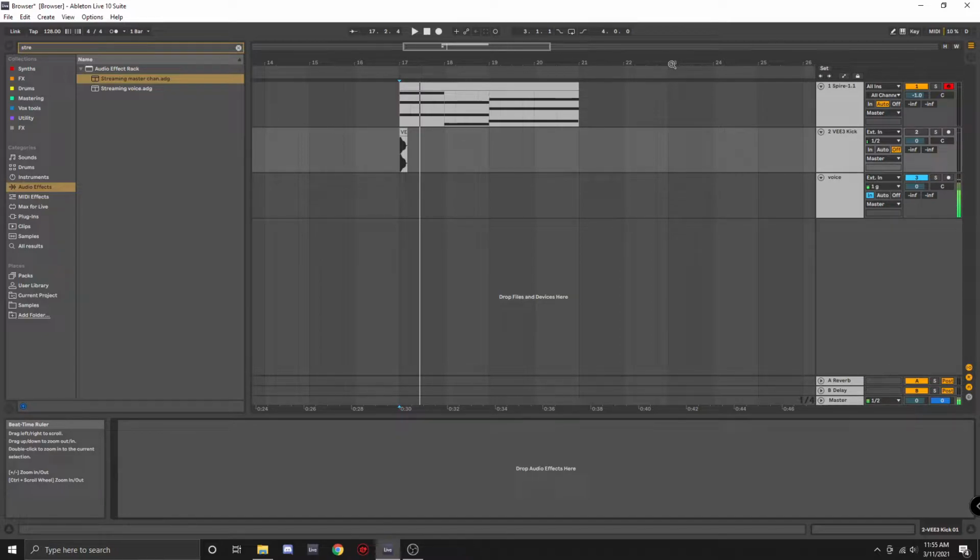Today I'm going to cover browser functionality and how to make use of things like saving effect racks, samples, and